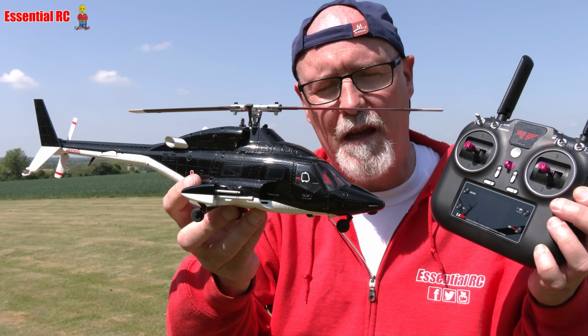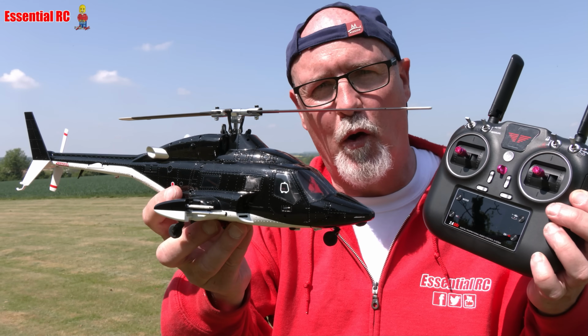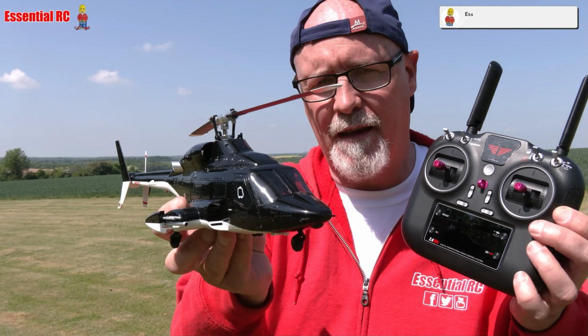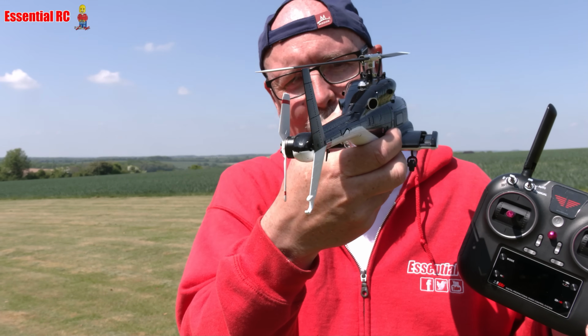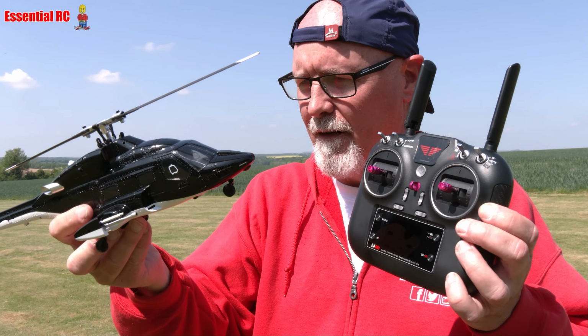So we've got here the new Eachine E188S Airwolf helicopter. Not only does it look amazing with its scale detail, with its machine guns on either side and the rocket launchers underneath and the rocket system at the back and all the rivet detail and the classic and iconic black